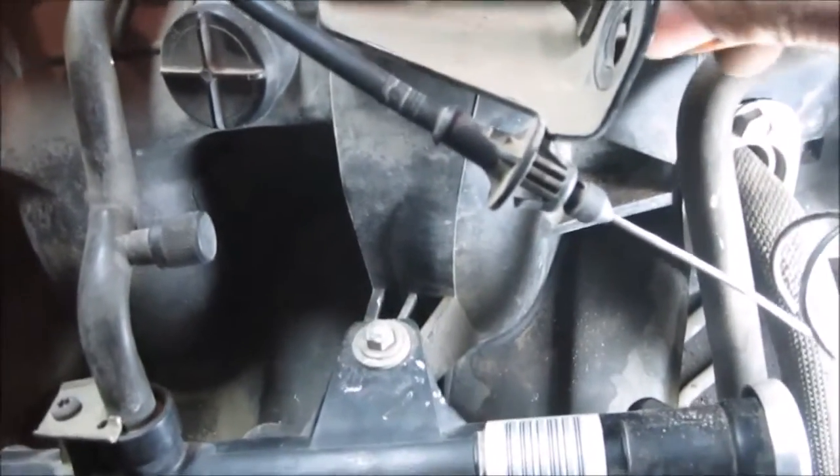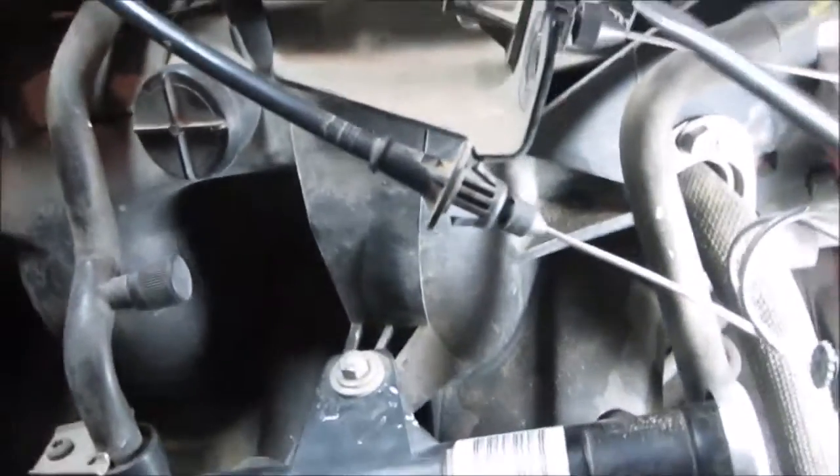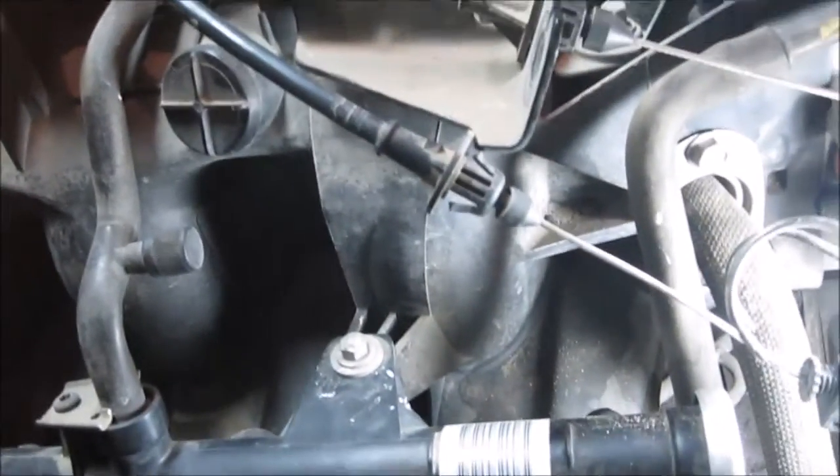Okay, well, I'm going to get that done off camera, but essentially, you just push the little clips in, push the cable back, slide it out of the slot. I'll do that off camera. And then